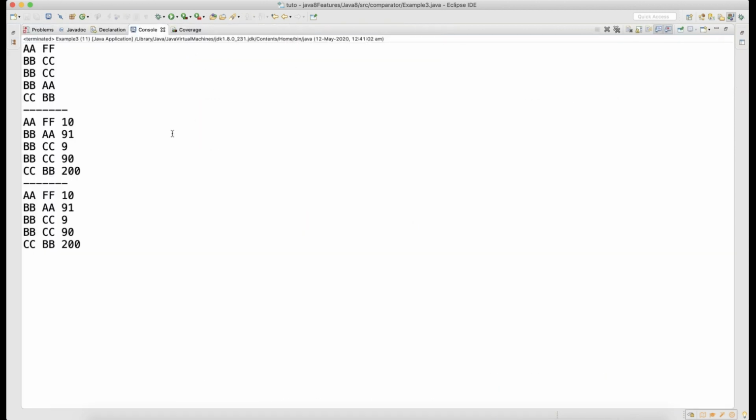See, look at the output difference. AAFF 10, then BBAA 91, then BBC 9, and then BBC 90, and then CCBB 200, right? Luckily, when this last name was duplicate, you had 9 and 90, which you are getting even in this case, 9 and 90, right?